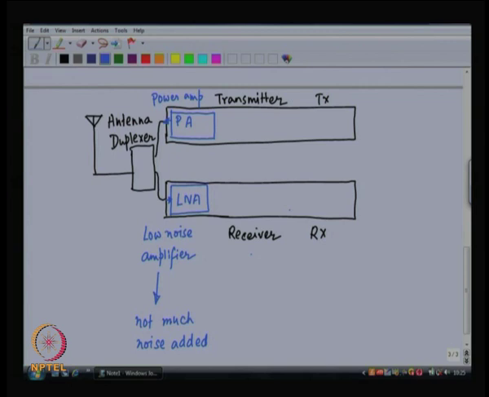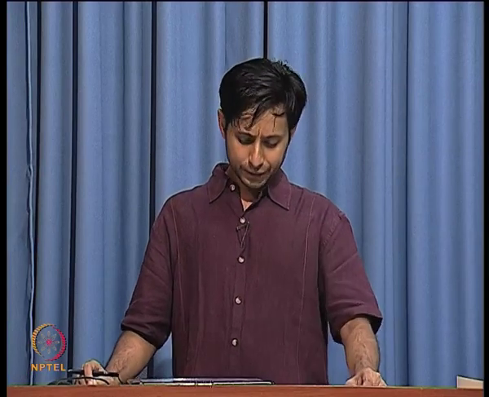So, the power amplifier is easy to understand. Low noise amplifier, there is a little bit of technicality. In this course, we are going to cover the low noise amplifier, the power amplifier. Okay. What is going to be the next block in the receive chain? So, let us try to understand that a cell phone, when you are receiving signal, it is probably going to use